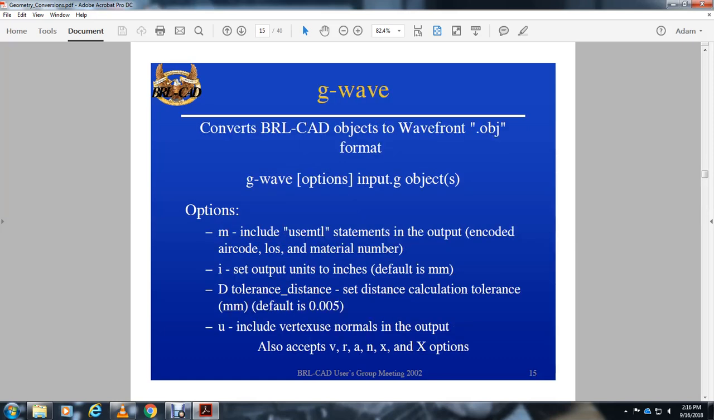options. Your database wave converts the BRL-CAD object with the Wavefront object format with the G database wave options. Input with the G group object sets shapes option with an M and includes the use of the material statements for the output encoded air code logistics material number. The I sets the output with the inch of the default millimeter. The G tolerance, distance, calculation tolerance, millimeters, defaults 5,000. Use, indicate the vertex, shift the normals in the output, all except the V, R, and